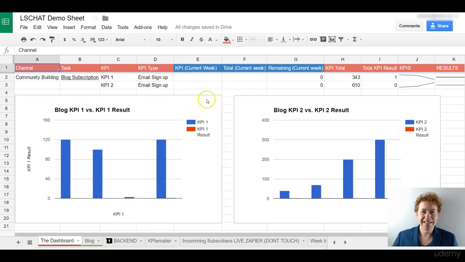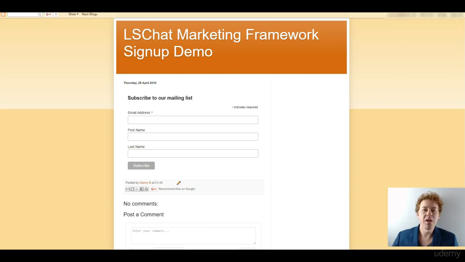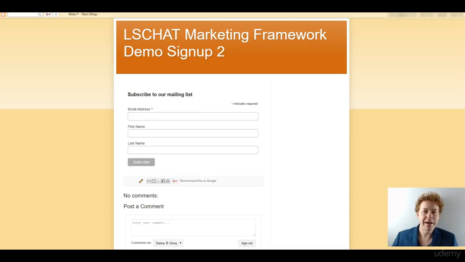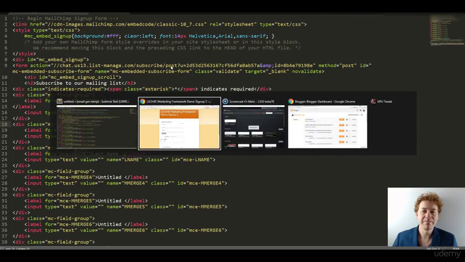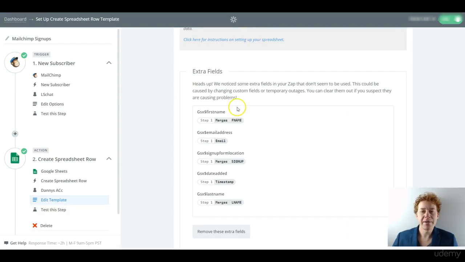Over the next 8 lectures, I'm going to show you how you can use Blogger to create 2 separate landing pages with MailChimp sign-up forms, how you can use a text editor to modify those forms so we can track each individual landing page, then how we can use Zapier to create an integration that will push all that data